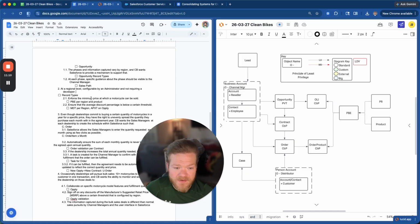And in order to enforce a minimum price at which the motorcycle can be sold, what we'll be doing is essentially per region. And this is my assumption as well, that this is talking about minimum price per region. And so with the different price books representing the different regions, and the products representing different motorcycle types, we would store the minimum price at the price book entry level along with the standard price. And that will then establish a minimum price that can be enforced